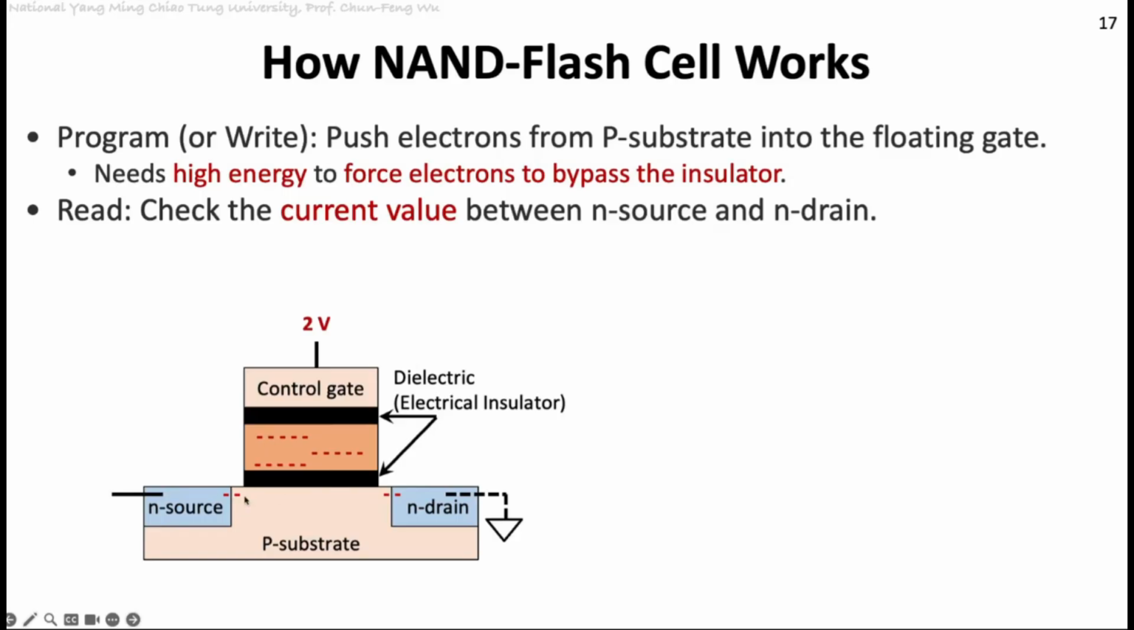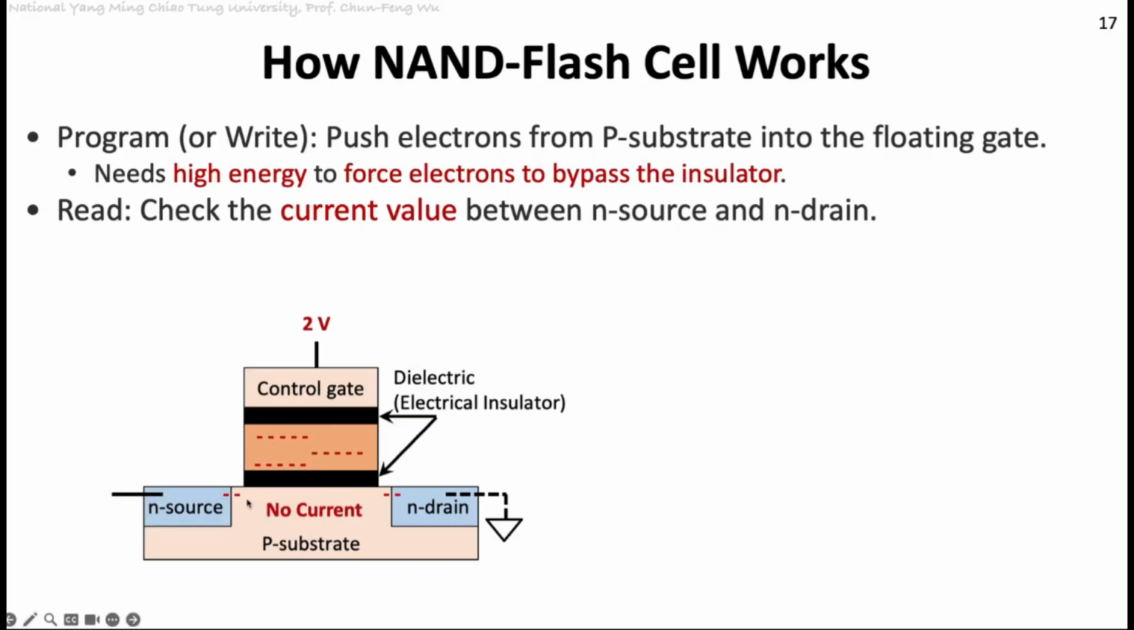So actually, those electrons cannot cross through the dielectric layer into the floating gate, and then they will be kept on this N source and N drain. But the thing is, because there are too few of the localized electrons, and if you are going to